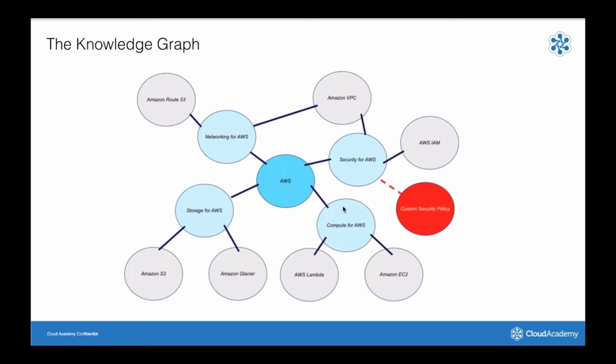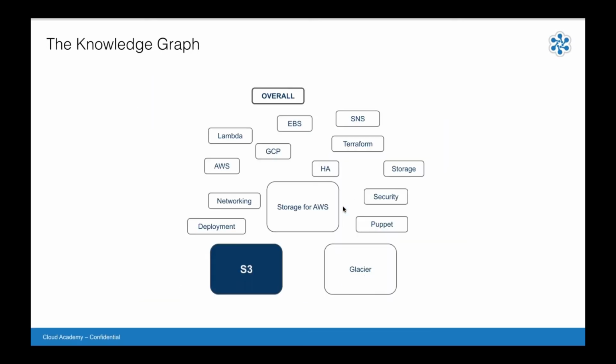Besides that, given that there is this knowledge graph, what we do is use the connections in order to propagate the information that we get from your assessments. So as Stefano was mentioning, when you do a quiz, you answer a question, we try to measure your skill to provide you a score. The graph allows us to connect that question to other skills that are in the same graph. So imagine that you answer a question about S3.